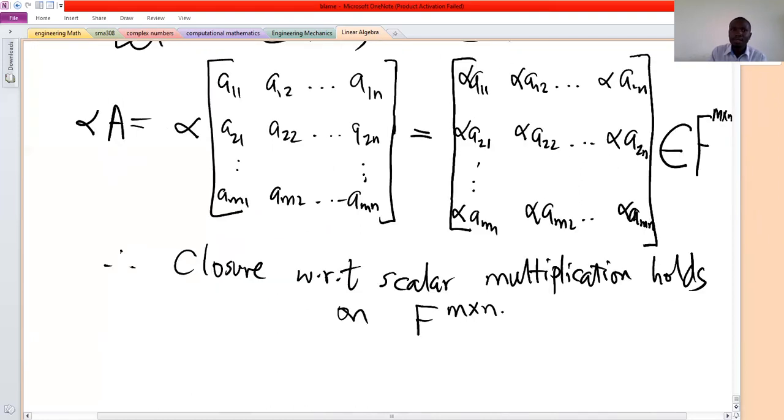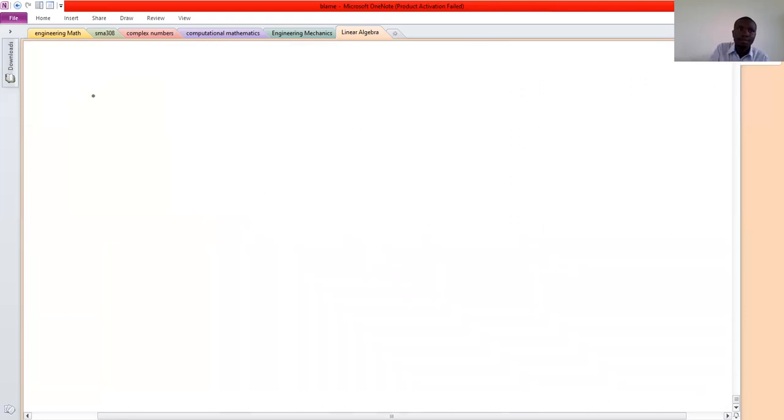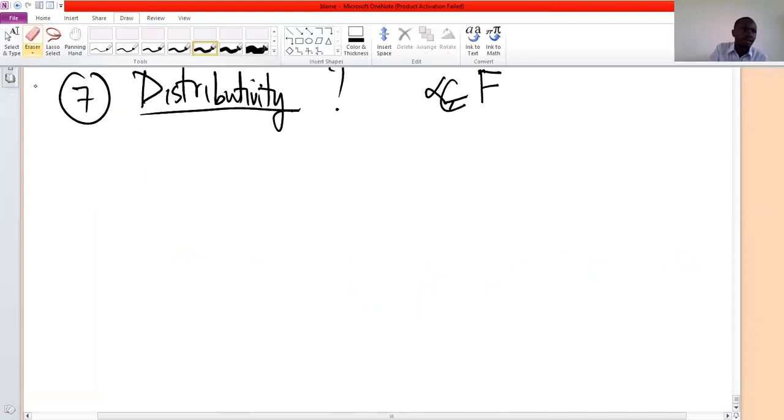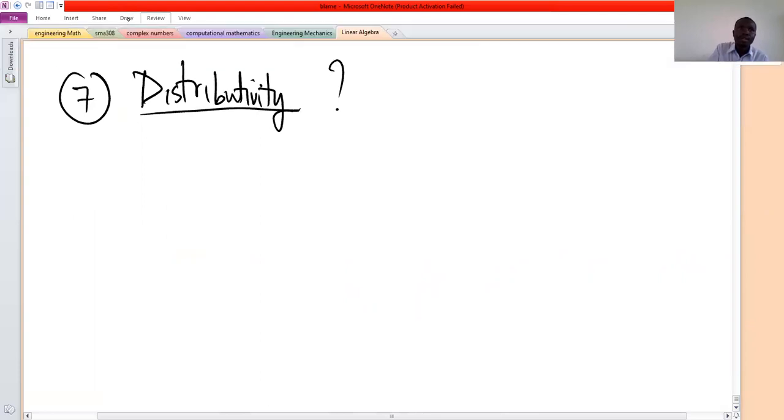Number 7, we show distributivity. So if we have an element alpha in the field and two matrices of order m by n,